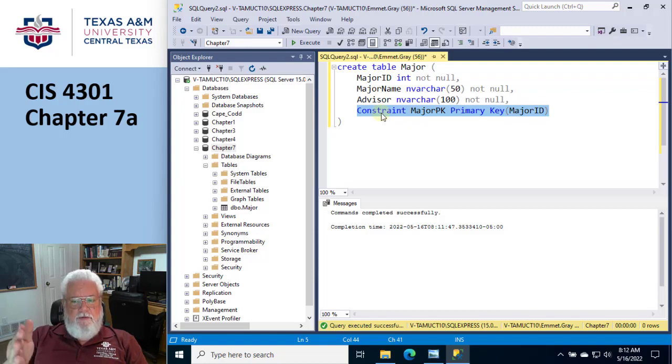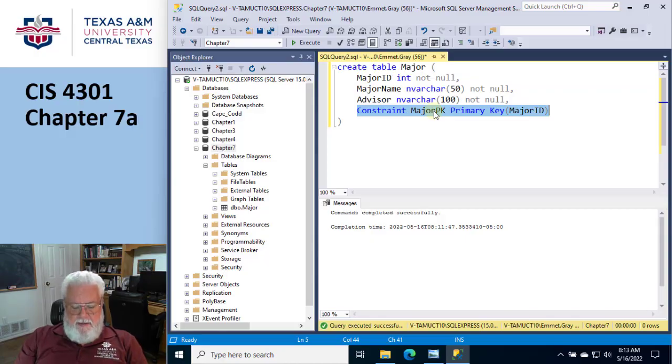Then each constraint has a name because we have to talk to it, okay? I might go in here and alter this or drop this guy. So it has to have a name, otherwise I won't tell what we're talking about. And then the column or data constraints. This would be like a null or not null. And then later on, we're going to have a thing called a check constraint. A check constraint is one of those things where this could be a domain issue or range issue. Remember all that stuff? Good. Okay. Now, the constraint here on the line that I have highlighted, that's the one that creates the primary